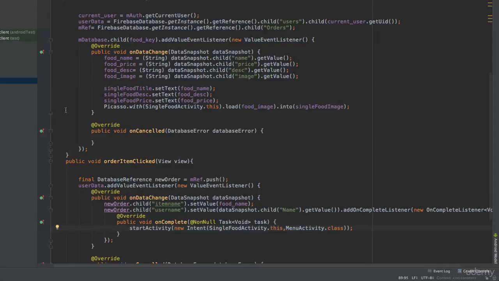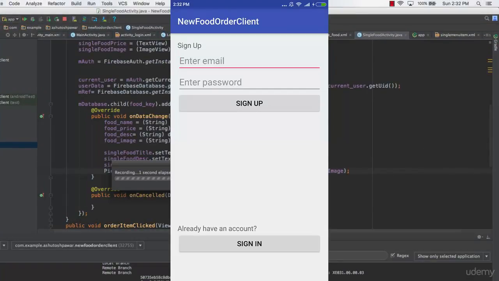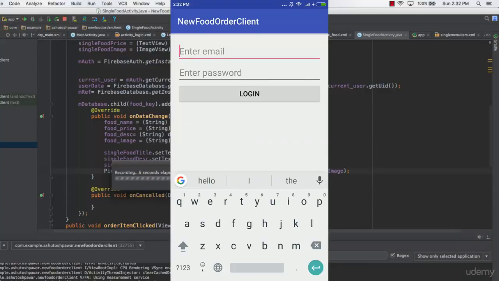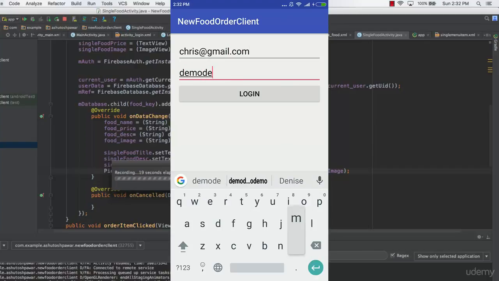So what we will do here is that we will save the code and try to run this application to see how it works. So let me just save the code and run this app on my device. So as you could see, the application is up and running. So let me just sign in with the email, which is Chris, that should be CHRIS at gmail.com, and the password is going to be demo, hopefully. And when I click login,